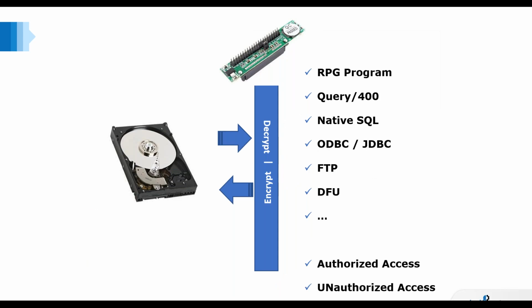Some of the big inhibitors to why full disk encryption is not going to solve the requirement is that the encryption and decryption is not going to interact with any applications or with the operating system. There's no differentiation between authorized functions or unauthorized functions. No conditions or decisions are being made at that point when the data is requested. The operating system doesn't care. It gives that data in clear text access regardless of the interface the user's taking advantage of. And from a security standpoint, I really want to have decisions made as to whether that user can see that data in clear text or not, and how they are accessing it.